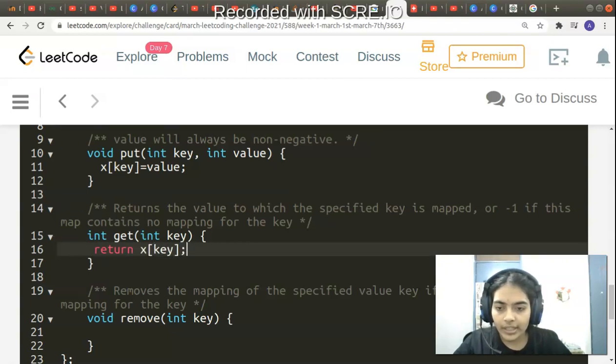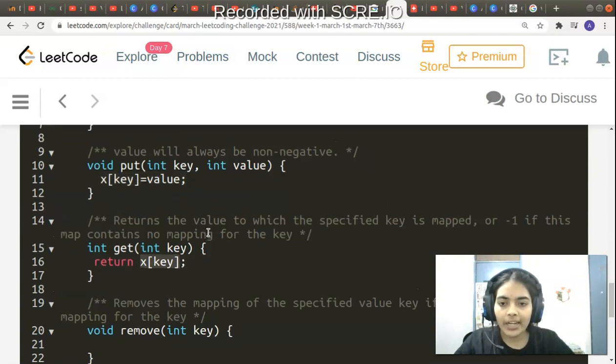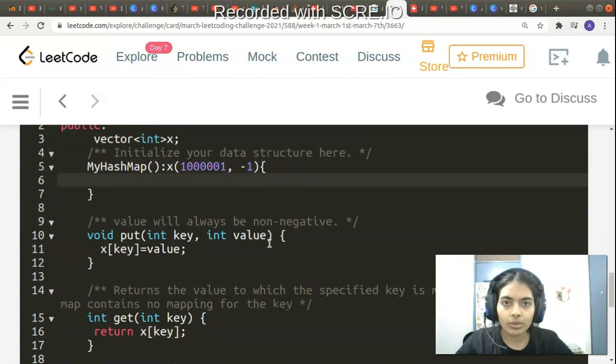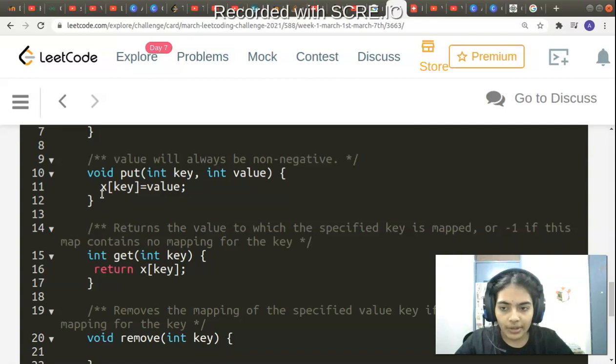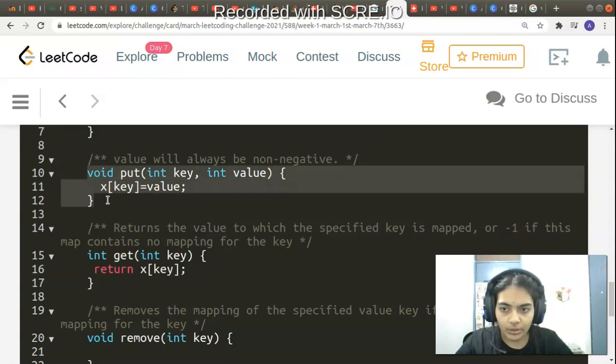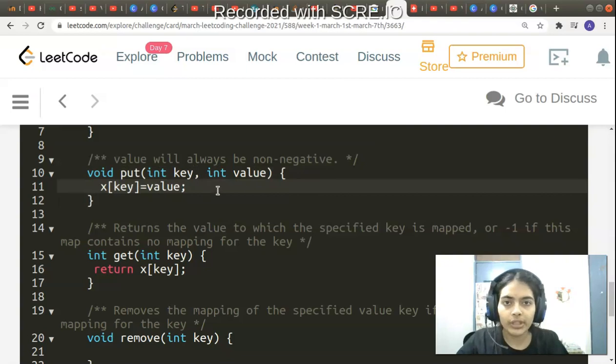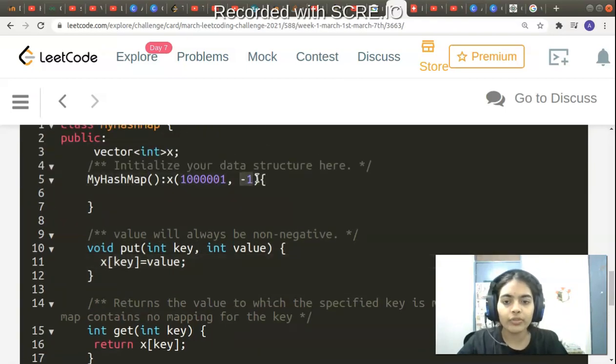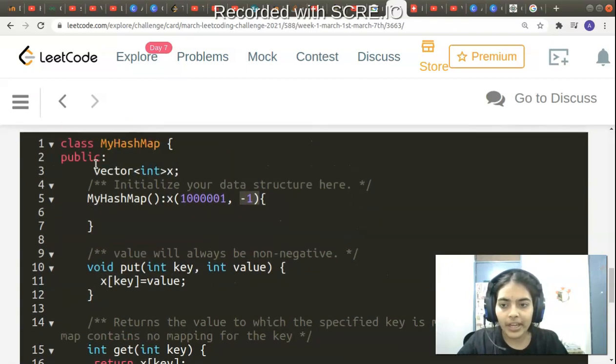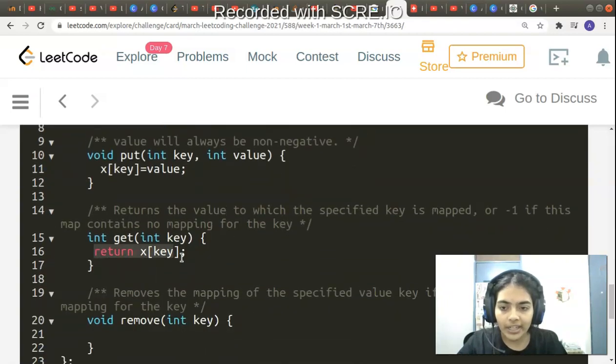So the value that is present at that particular index, right? We can give x of key, and it will return the particular value, because we have already given x of key equal to value. And it will return -1 because we have initially given everything to be -1. If we have not used the put function to set a value for that particular index, it will already have the stored default value as -1. While we wrote the constructor function, we had already given the value to be -1. So it will return -1 in case we don't use the statement inside the put function. Otherwise it will return the particular value.